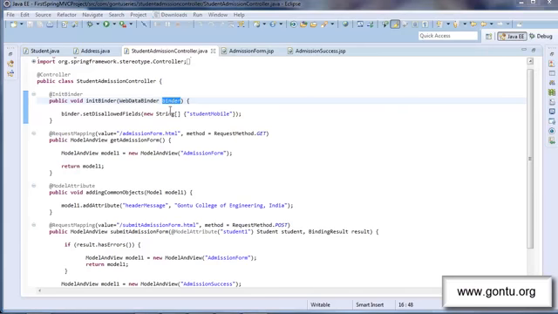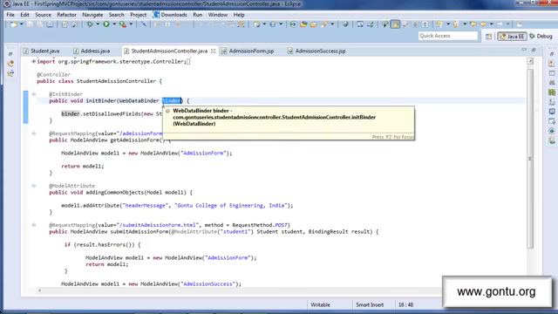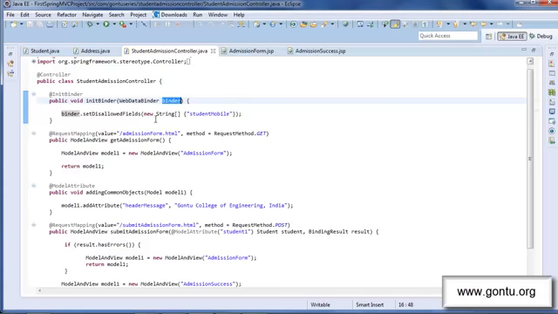Then whatever you want to customize, you simply go on doing that with the help of the WebDataBinder reference. So the idea is very clear and simple. Whatever you want to customize for this controller class, you simply go on doing that with the help of this binder, that is, the reference of WebDataBinder. Here with this statement, I'm simply instructing Spring MVC to ignore student mobile while performing the data binding task. Let's check it on the browser